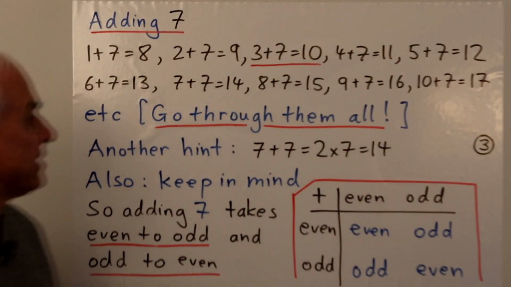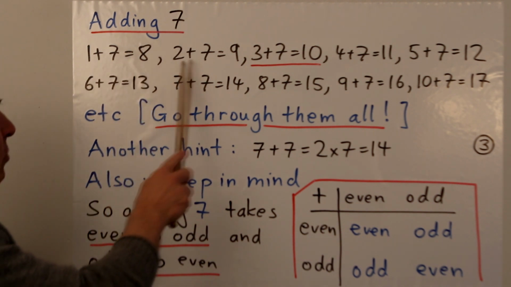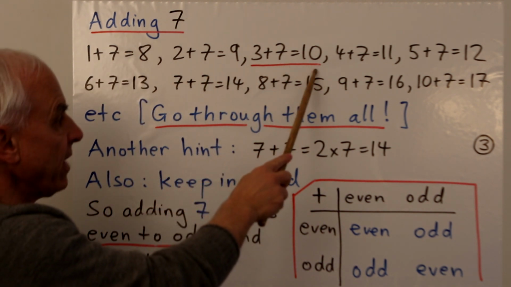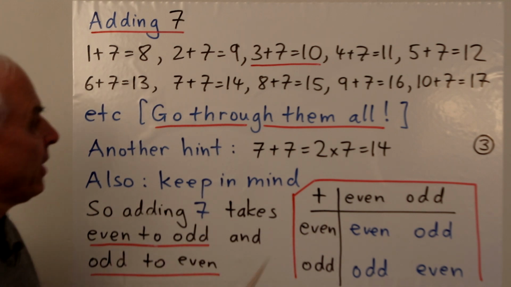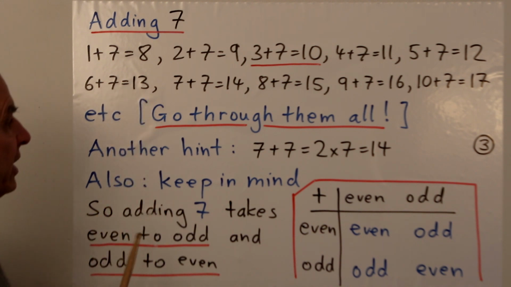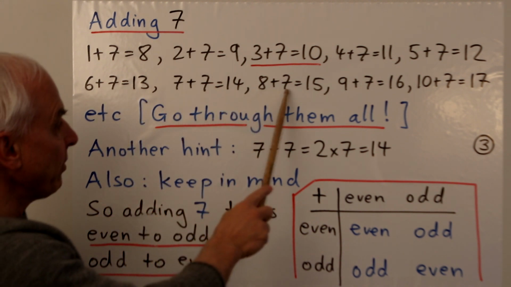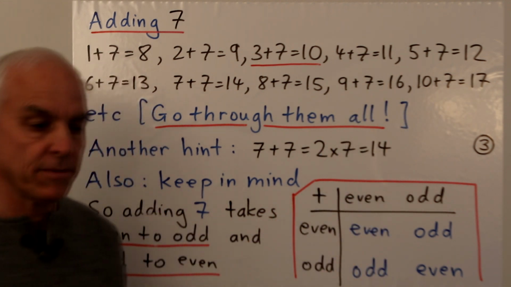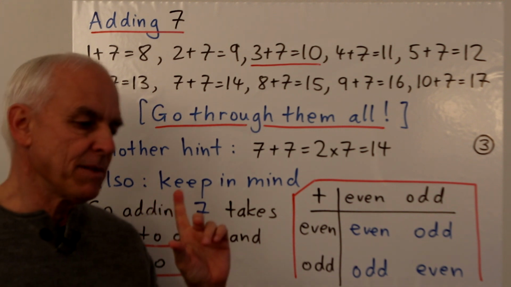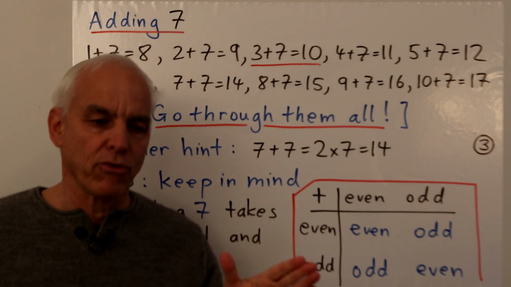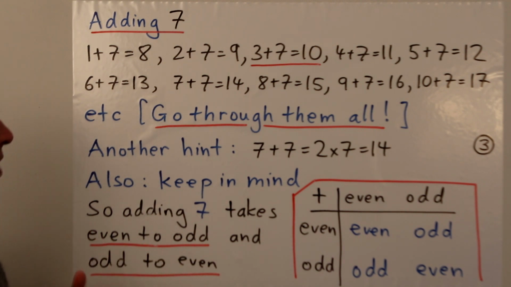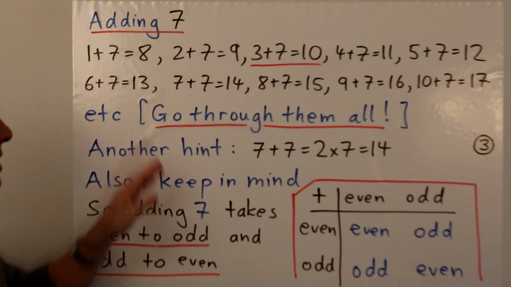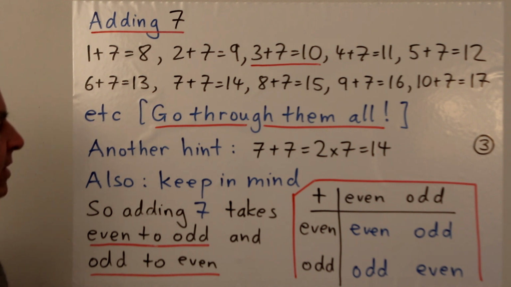And one more, adding 7. 1 plus 7 equals 8, 2 plus 7 equals 9, 3 plus 7 equals 10. Those are the complementary pair there. 4 plus 7 equals 11, 5 plus 7 equals 12, 6 plus 7 equals 13, 7 plus 7 equals 14, 8 plus 7 equals 15, 9 plus 7 equals 16, and 10 plus 7 equals 17. Adding 7 is sometimes a little bit harder than the other ones for some reason. Perhaps it's because it's odd or because it's prime, but for whatever reason, perhaps students struggle with this one a little bit more than the other ones.